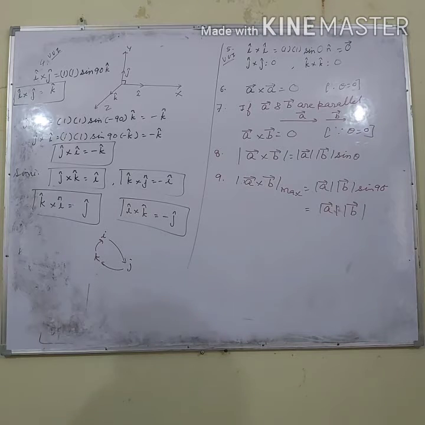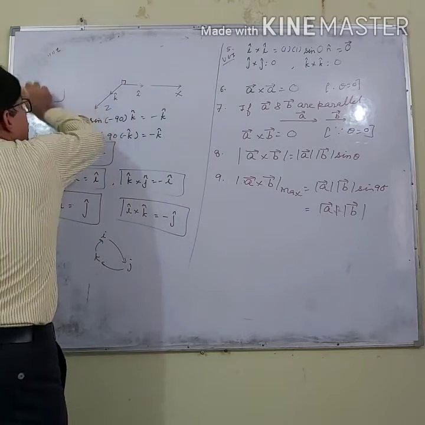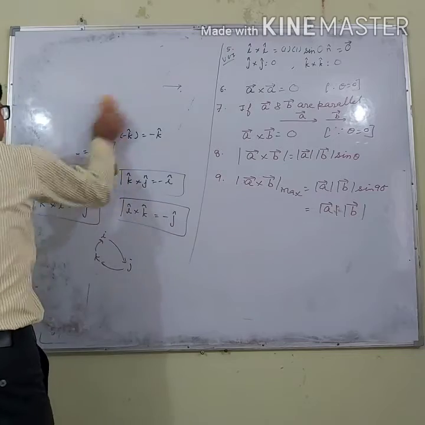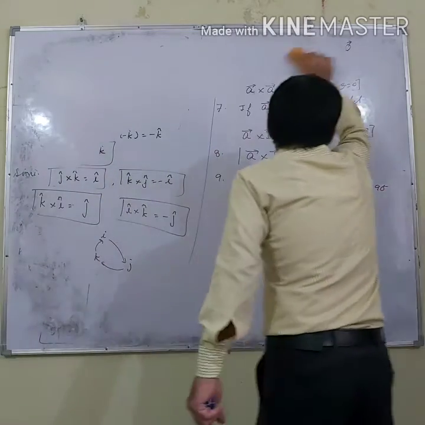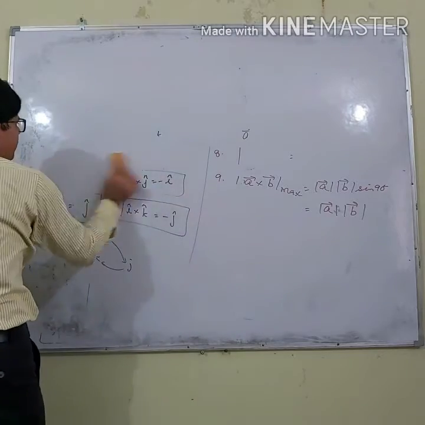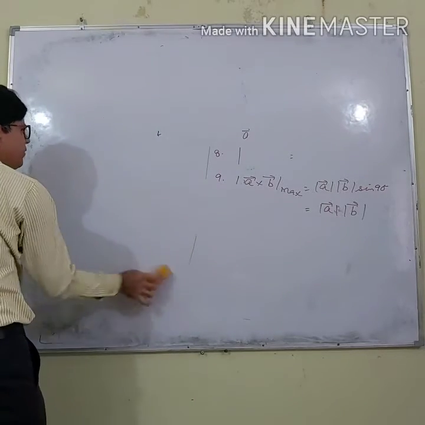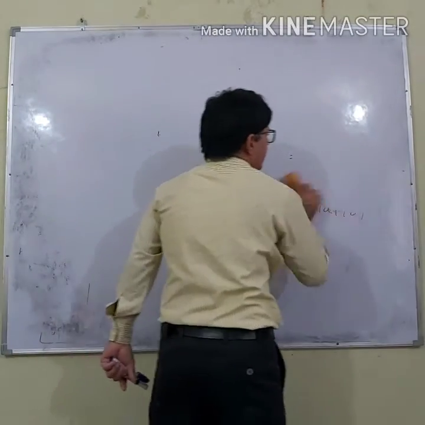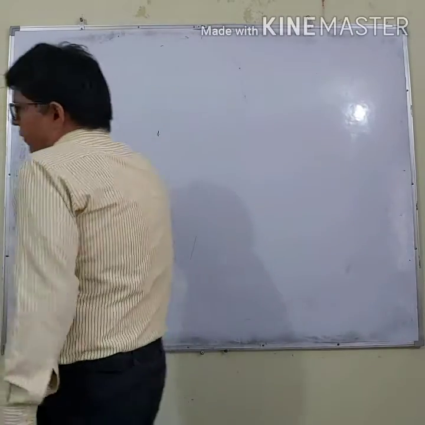Now, after that, let us do an important point. That point is the geometrical interpretation of the cross product of two vectors. So what is the geometrical interpretation of the cross product of two vectors? What is the significance? What can you do with the help of the cross product? So let us do it. It is very simple. Let us say we are having two vectors.